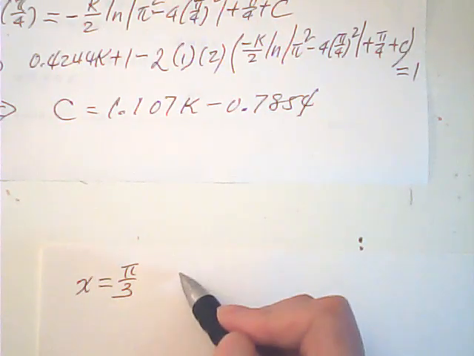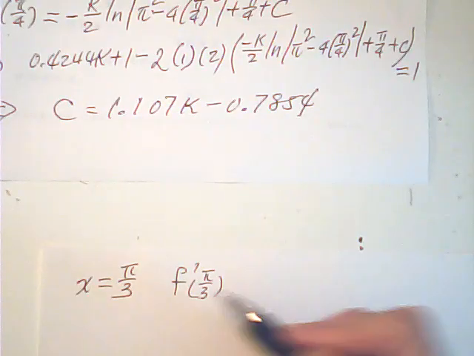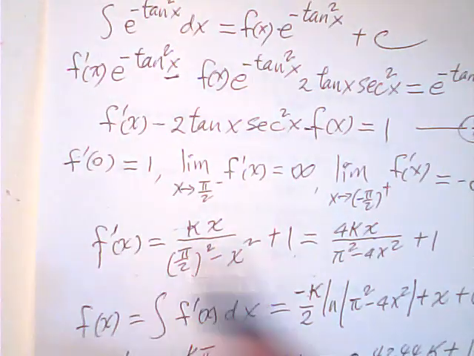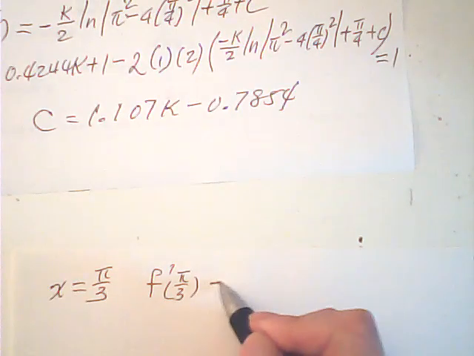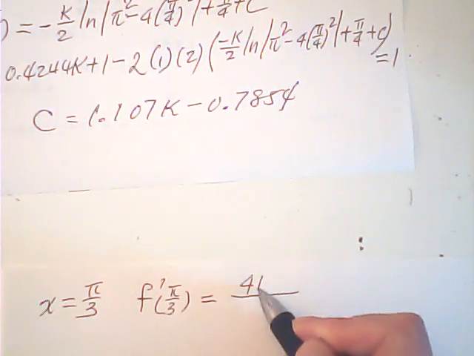Then f prime of pi over 3, we are using this. When x is equal to this, it is equal to 4k